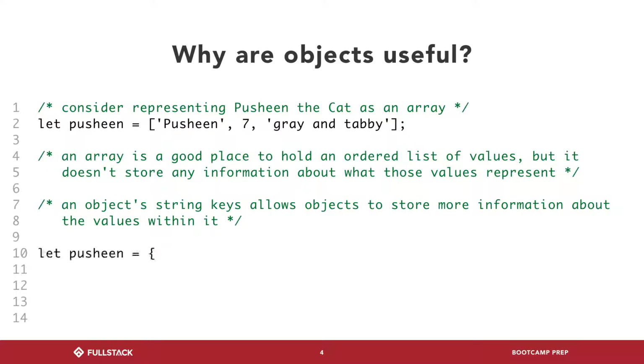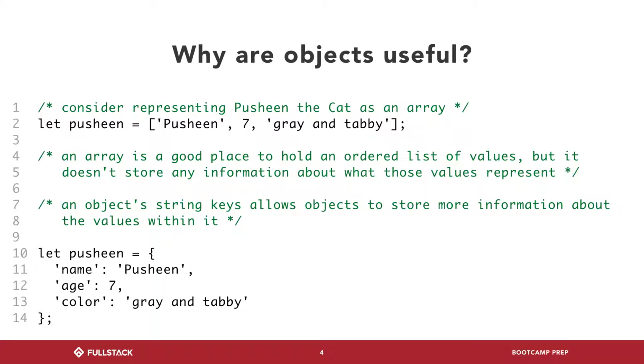So why are objects useful? I think I kind of gave it away already earlier, right? But objects really allow us to give context to value, to help us understand how to access a lot of different things. If I have an array, and in this case it has three things, whoever's using this array needs to know at all times that the second element is going to be BH, the first element is going to be the name, and the third element is going to be the color,